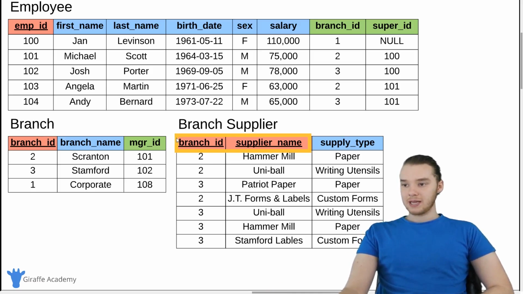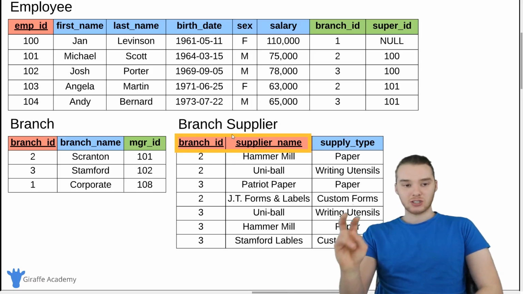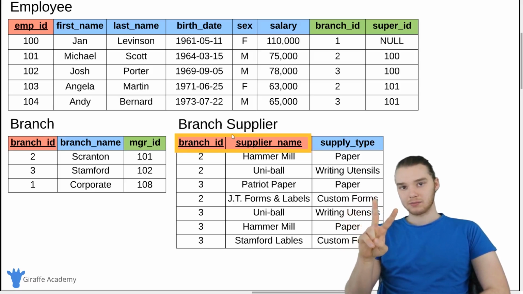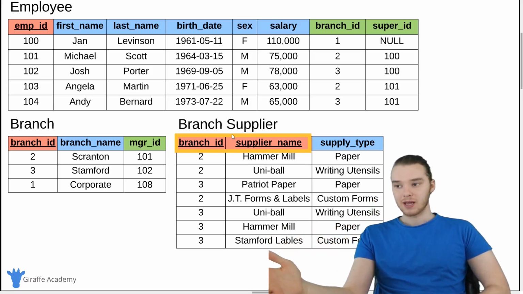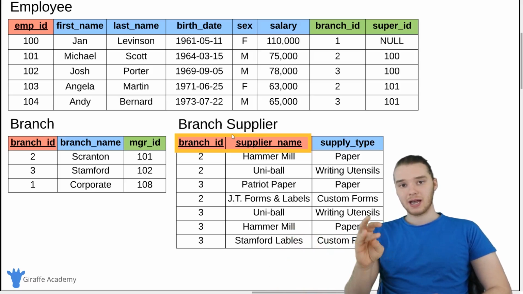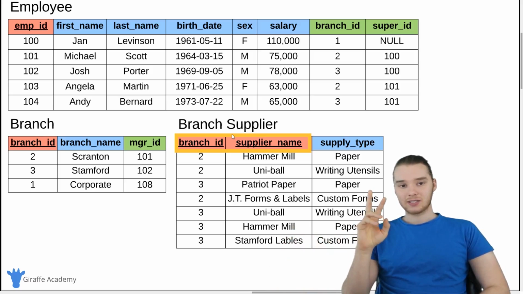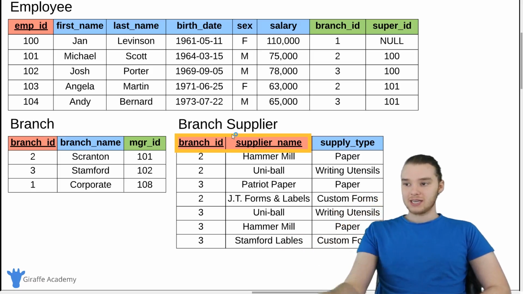And you'll notice up here, the primary key actually consists of 2 columns. And this is what we would call a composite key. A composite key is basically a key that needs 2 attributes. So this key is made up of 2 columns, right? It's made up of branch ID and supplier name. So branch ID is actually going to refer to the specific branch, and supplier name is going to refer to